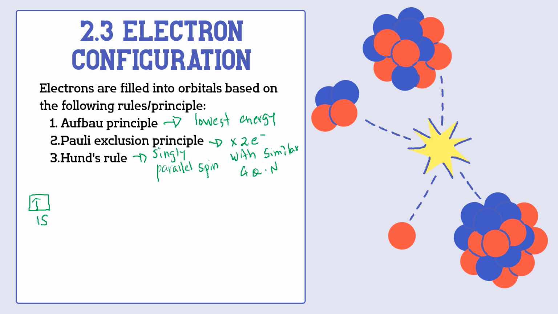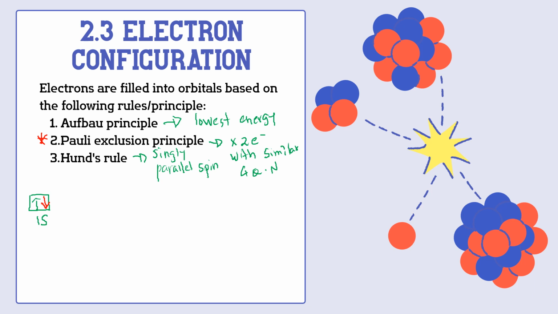The second electron follows the Pauli exclusion principle: it still fills into the 1s because it is still the lowest energy orbital, but it has to fill in downwards, because the Pauli exclusion principle states that no two electrons can have the same